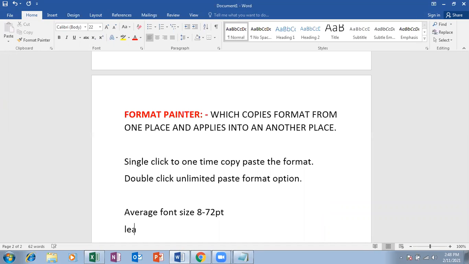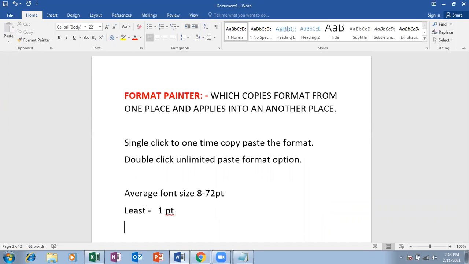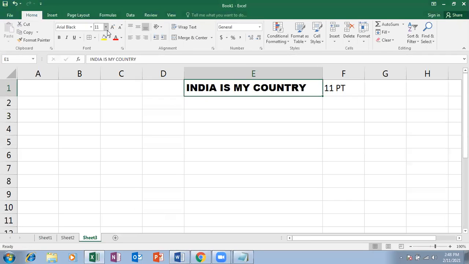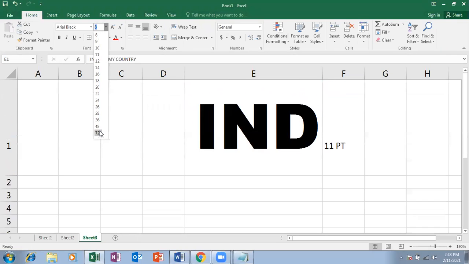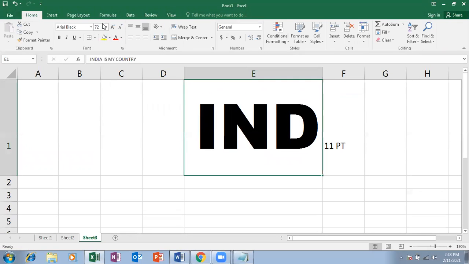And least means the starting 1 pt, and last means the end, 409 points. So the minimum I can give and the maximum I can give. And average is, see, it starts at 8 and ends at 72.